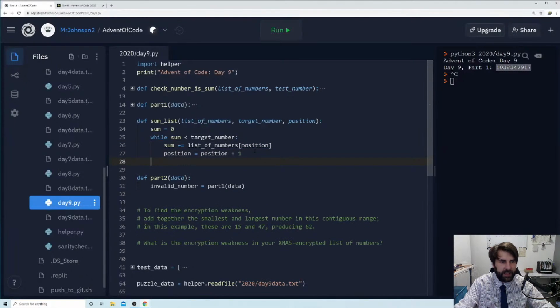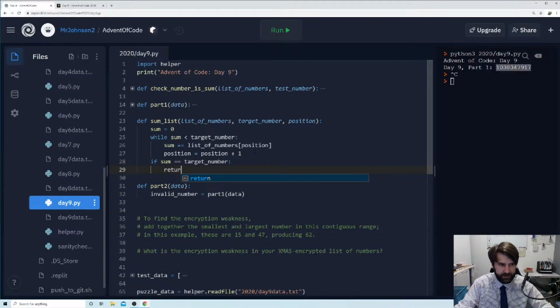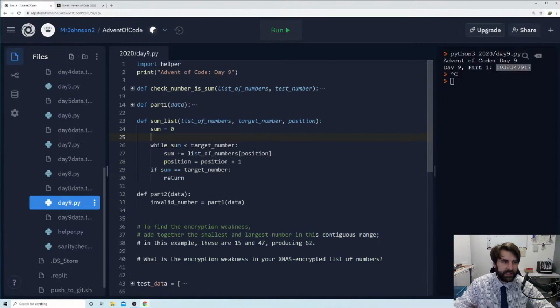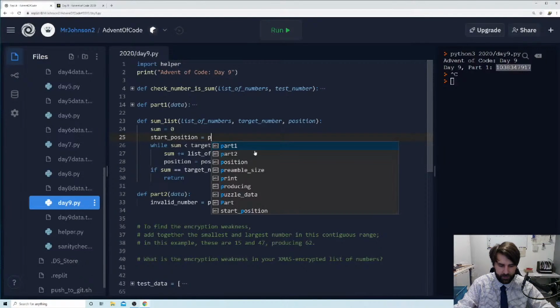Now, once we break out of this loop, we're then going to check if our sum is equal to target number. Then we are going to return. What are we going to return? I guess I need to take a copy of position here. I need a start position equals position.